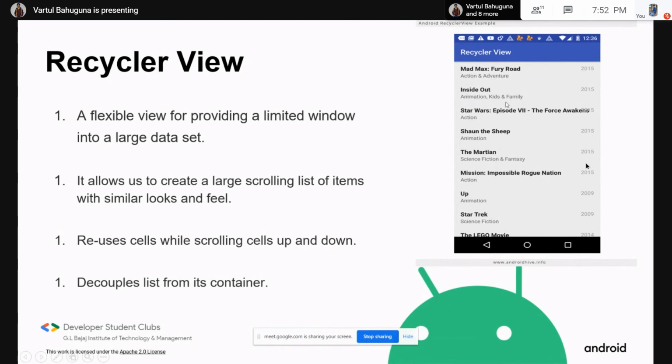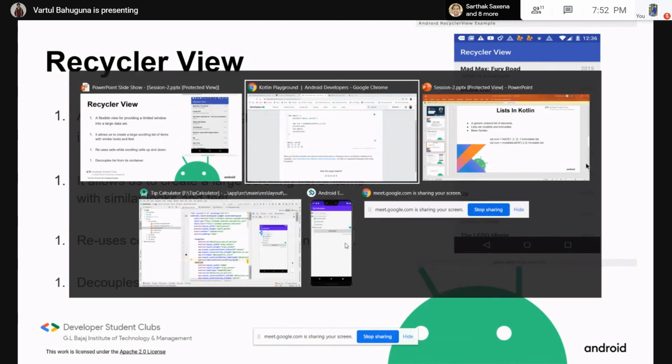As we scroll up, this Mad Max will go out of the screen and the Lego Movie will appear. So it will reuse this constraint layout, edit the data, provide it with the data that's below the Lego Movie, and then show it from the bottom. So you can think of it like recycling these constraint layouts again and again, and that's why the name recycler view is given to this. So let's move back to our code lab.